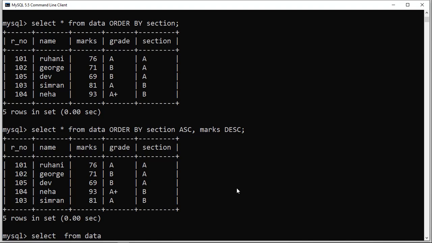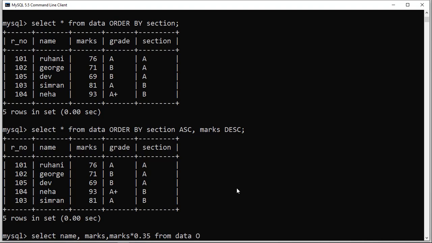So let's suppose we are giving the field names as name, comma marks, and then let's display a new field, that is marks into 0.35. That means it is going to show you the result of 0.35 multiplied by the marks entries in the marks column. So name comma marks into 0.35 from data, and then use the order by clause like this.